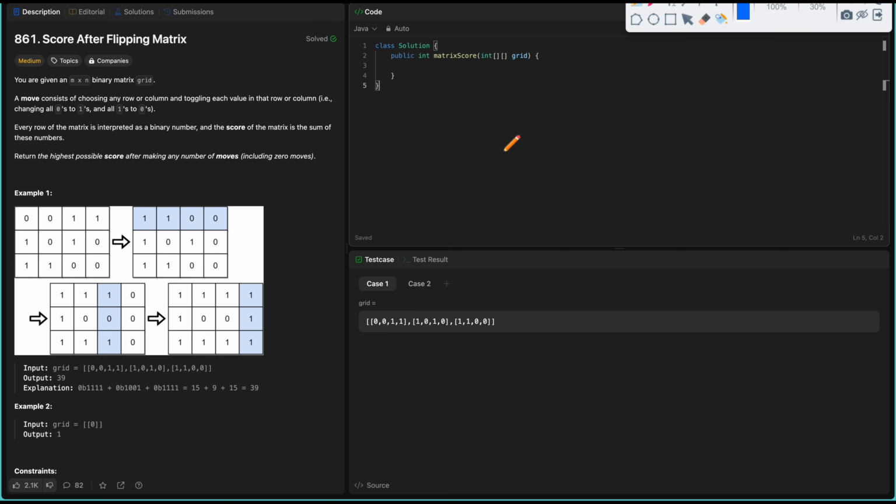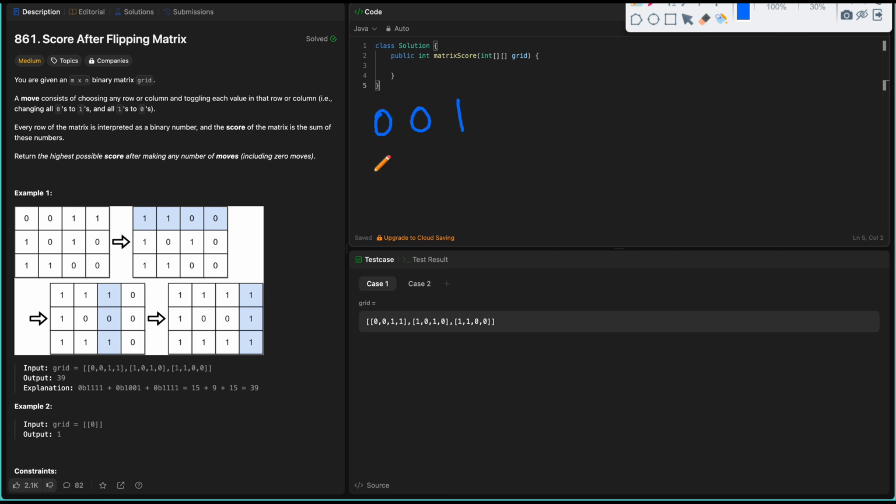One way to look at it is that it's a greedy problem, and not dynamic programming or some other kind of problem. A greedy approach tries to maximize or minimize something. So when we look at this matrix, what is the bare minimum thing that should make the number larger, right? First thing, let's see, if I have a row like this,